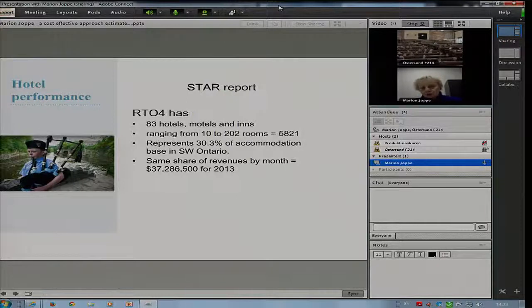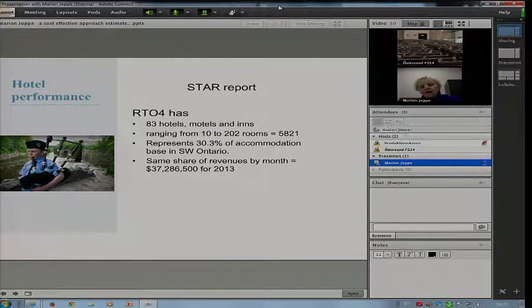and used our STAR report to say, okay, what is it showing us? Well, first of all, we know that RTO4 has 83 hotels, motels, inns, roofed accommodation essentially, and they range from very small to the largest property at just over 200 rooms, and the total is not quite 6,000 rooms. But it represents just over 30% of the accommodation base in Southwest Ontario. And so when we looked at the revenues by month,